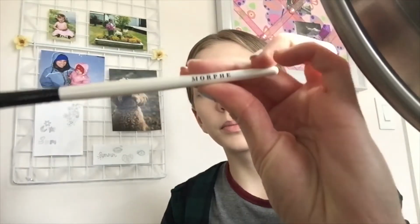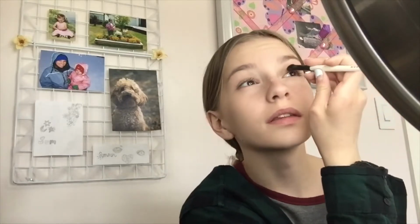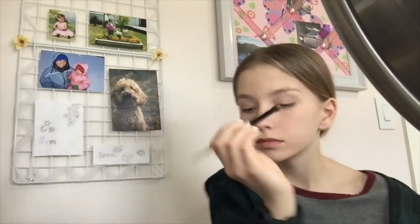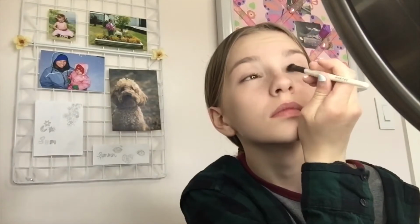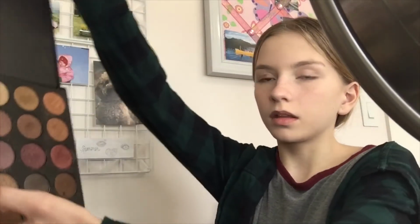Okay, so for all of this, well, I have my brushes in here, but I mostly am using my Morphe brushes. So I'm going to start with the light pink on the inside corner of my eye. It's not very pigmented, but we're going to go for it. I also had to have this here because I had nowhere else to put it, so that's why it's in the frame a tiny bit. So I'm just going to show you guys this eye on camera. I'll do it. So I'm going in with this color in the Morphe palette,